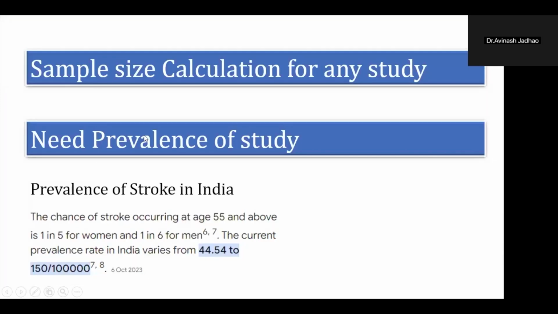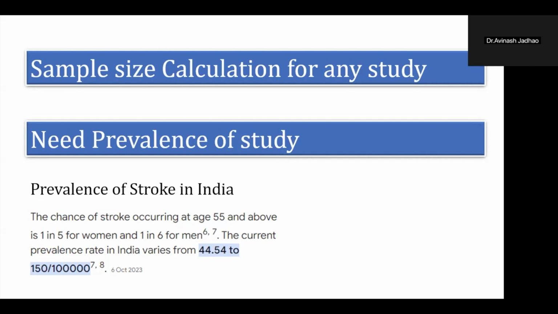Then the important thing is the sample size calculation for any study. Suppose you are doing some study where there is a requirement of sample size. In that condition, you can use ChatGPT for calculation of sample size. For that, you have to identify whatever requirement there is for the calculation. For example, here I have to calculate the sample size for stroke. The prevalence of stroke in India, you have to search on Google to identify the exact prevalence.